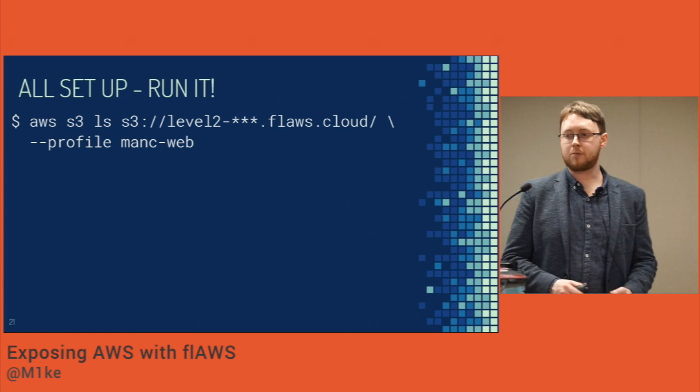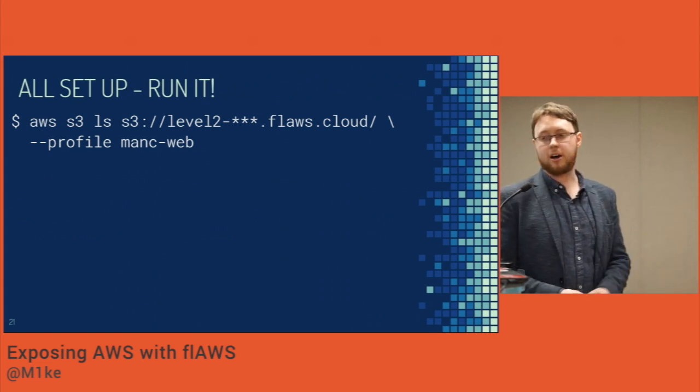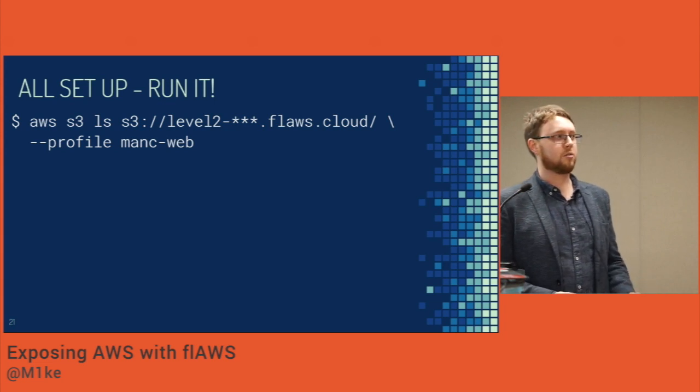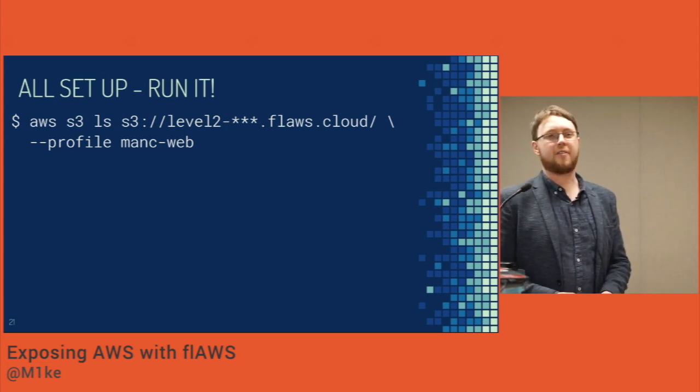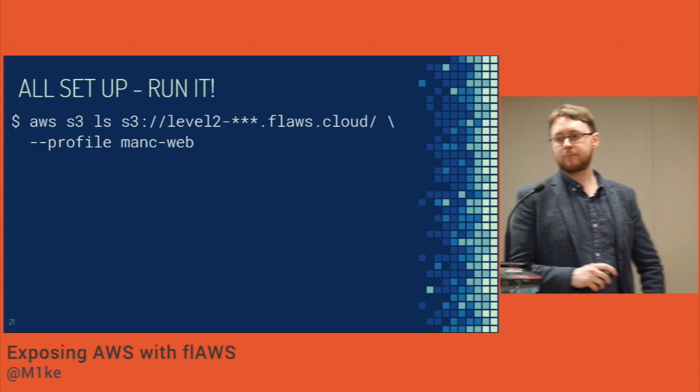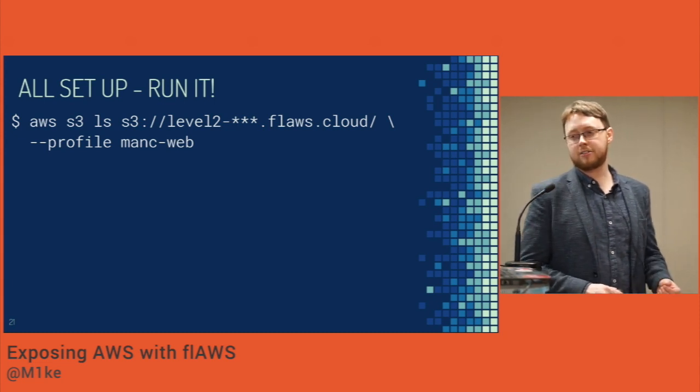You run aws configure with a profile, and we'll call it Manc Web, because that's where we are. You enter an access key, a secret key, and a default region. So we're going to do US West 2, because that's what we're looking at. And what kind of output you want. JSON sort of makes sense. You run the same command, list this bucket,